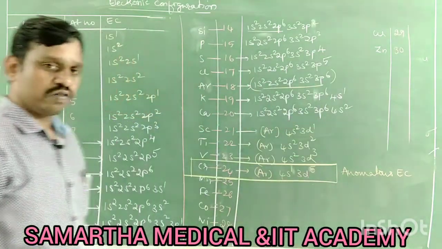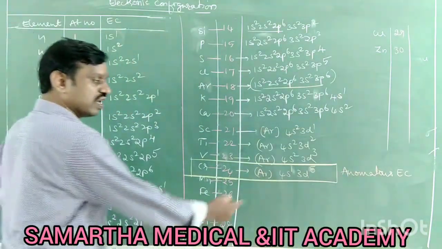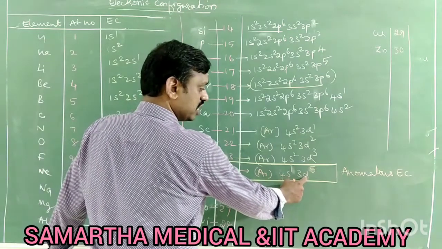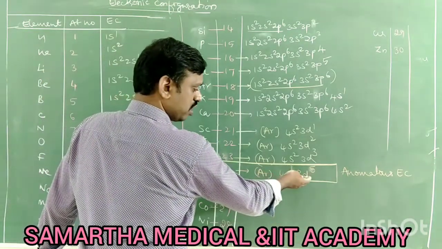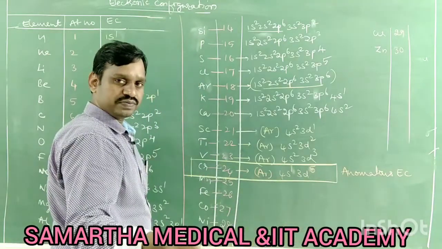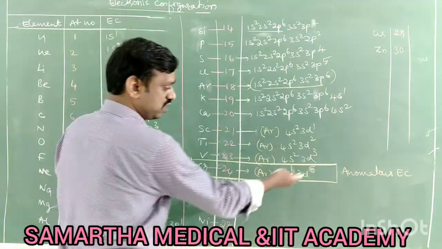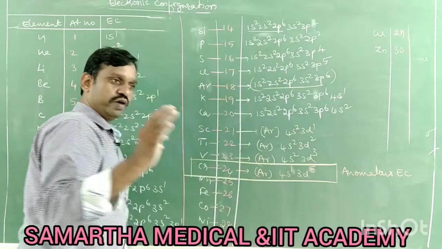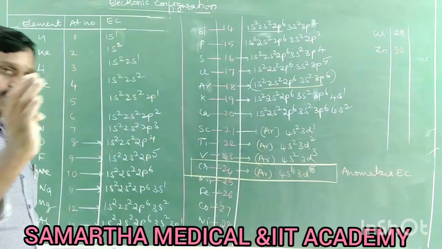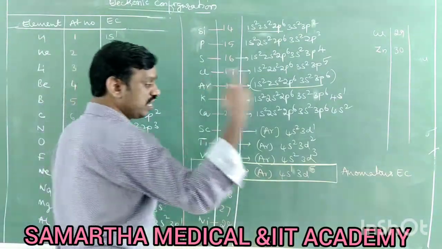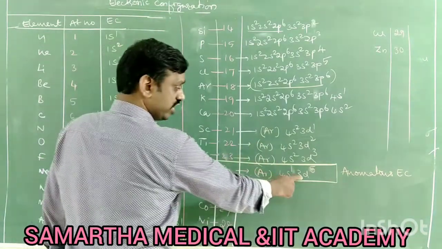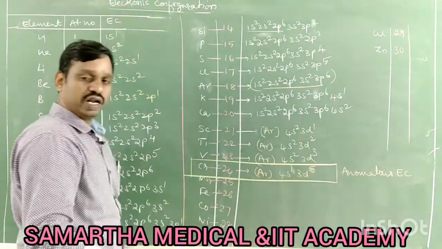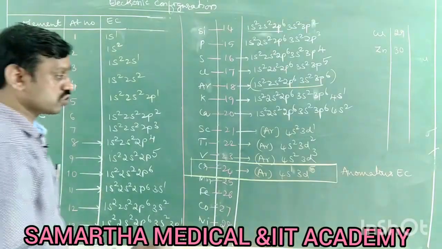Anomalous electronic configuration. This is due to the half-filled d orbital. The meaning of half filled is that a d orbital can accommodate a maximum of 10 electrons, and half of 10 electrons is d5. Therefore, when a d orbital is half filled or completely filled, it is most stable. Therefore, the 3d5 and 3d10 electronic configurations are most stable.